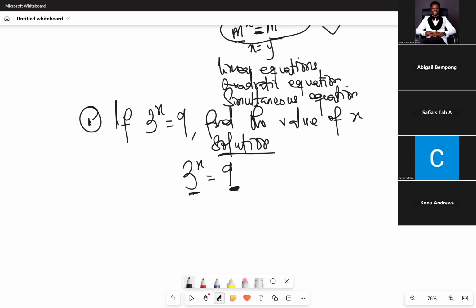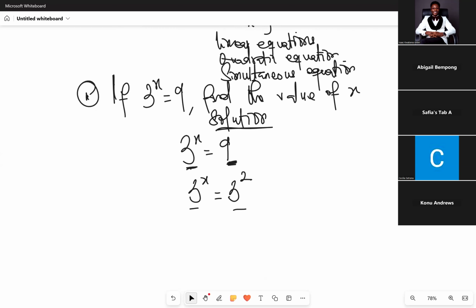Considering index, can you write 9 with a base of 3 raised to an index? What matters to us is the base. So it will become 3 exponent 2. Yes, 3 exponent 2 will give you 9. So now you see the bases are the same. So if that is so, then you see,